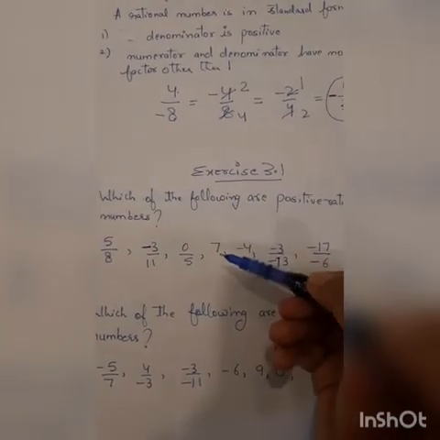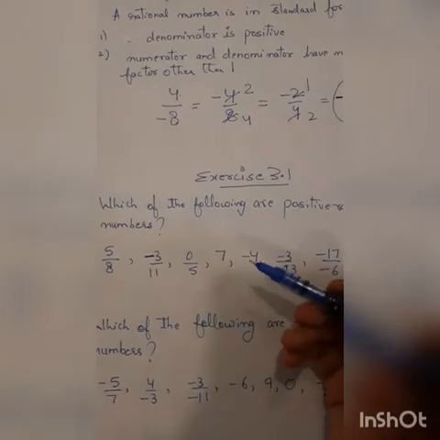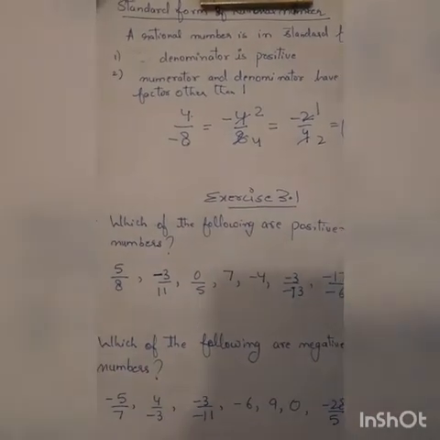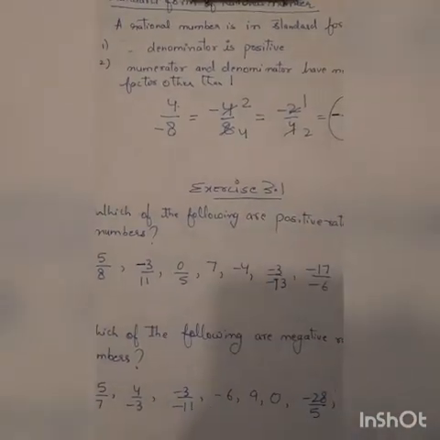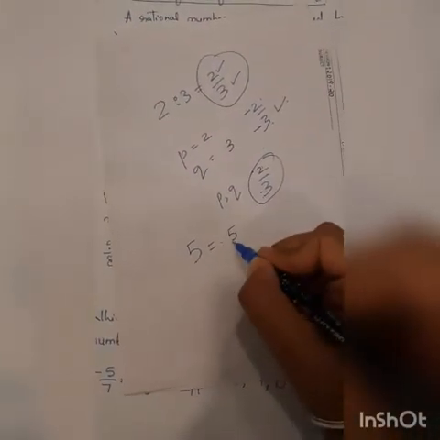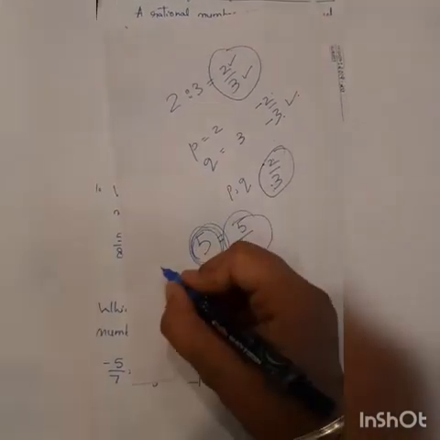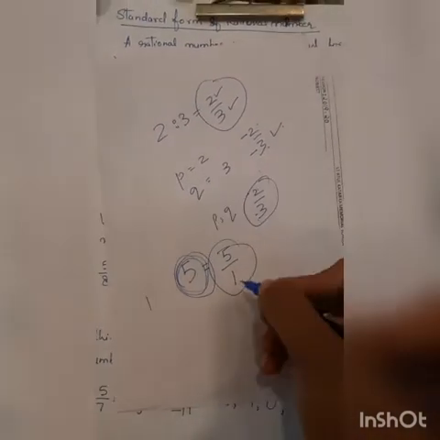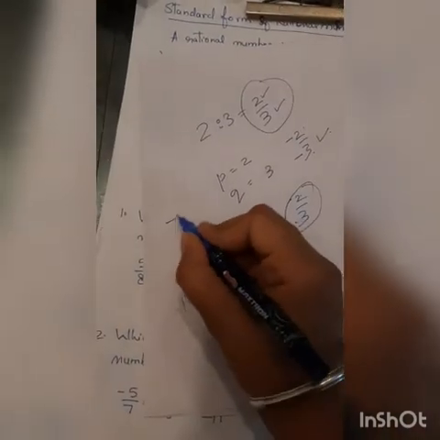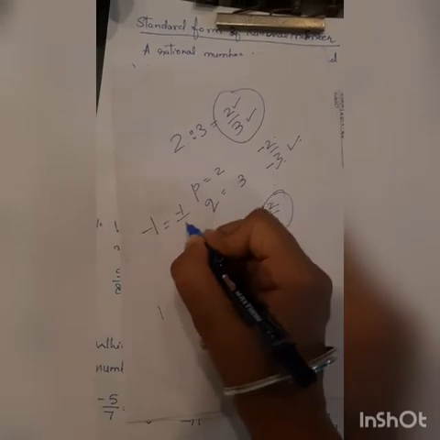Here if we see 7, students, don't think 7 is not a rational number. You know 7 means what? 7 upon 1. Let me take an example. For example, there is a number 5. 5 actually means 5 upon 1. This is a rational number. So all the natural numbers, let's take 1, 2, 3, 4, 5, they are rational numbers only. Even if I take minus 1, it is also a rational number, because minus 1 means minus 1 upon 1. Don't think it doesn't have a denominator.